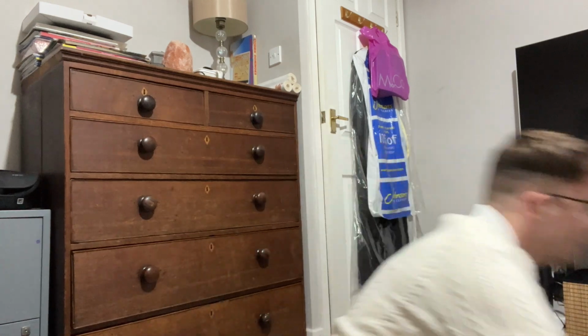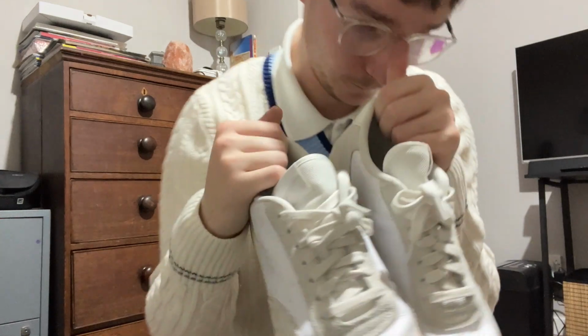Then I have another pair of sort of, they're not fully all white because they're white and ecru. These are Nike vintage court trainers. Got these in the sale for about £25 or £27 a couple of years ago. Again, I wore these on a night out and they need a really good clean, but these are a great shoe to wear with more, I hate the word, vintagey outfits. Like the outfit I've got on now, these would go perfectly with,